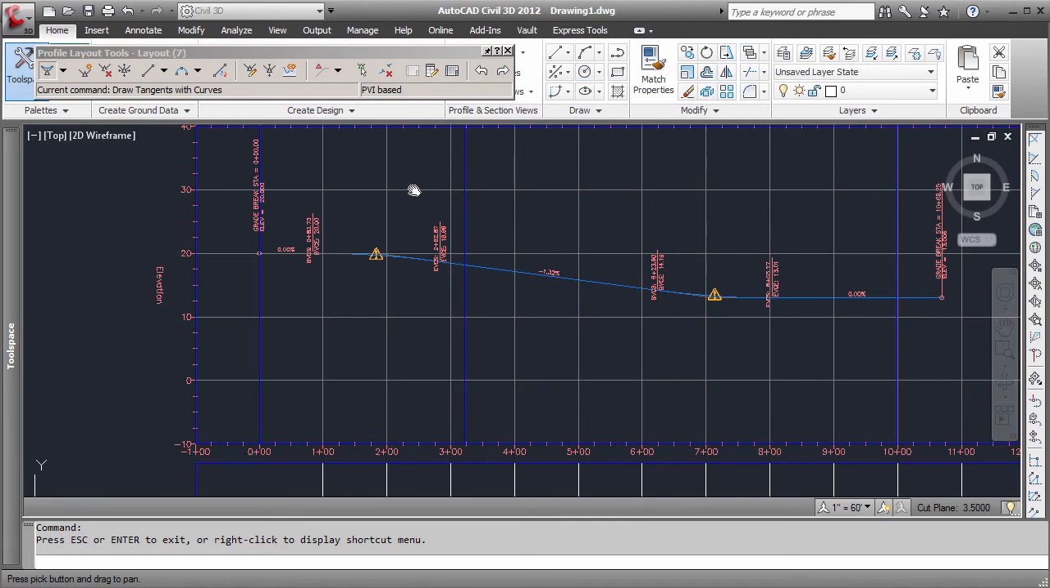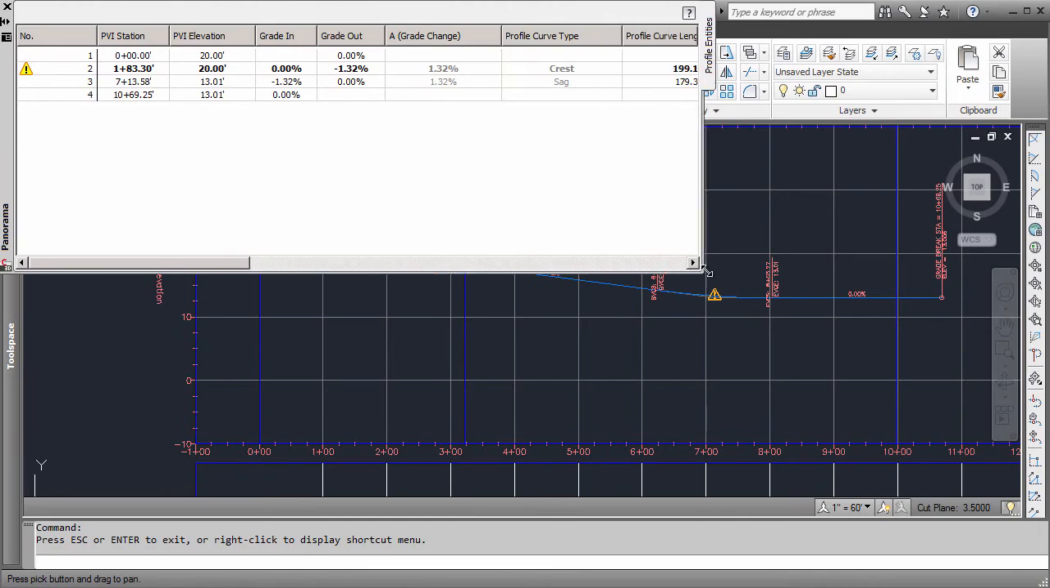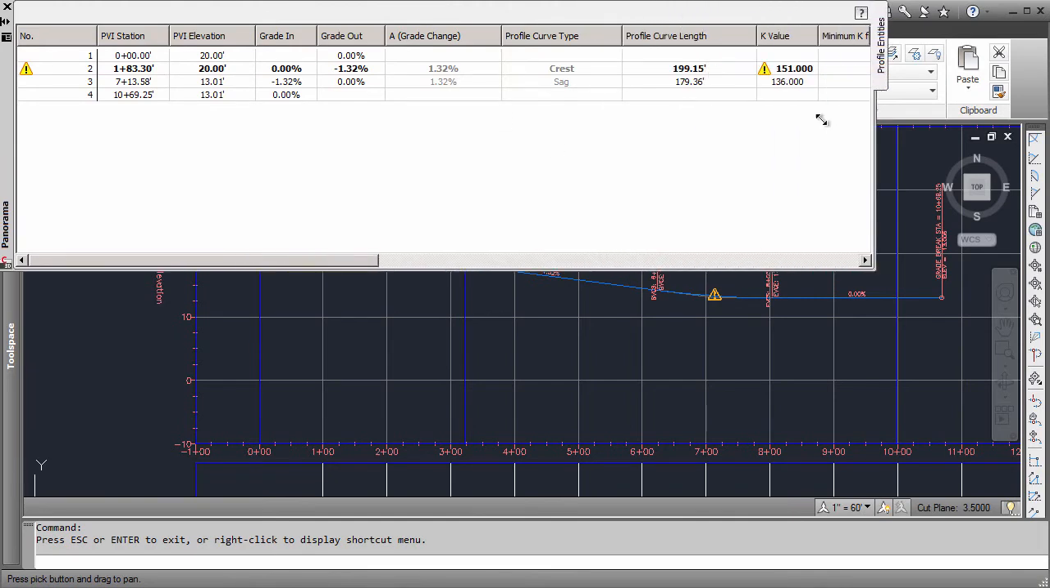And what we'll do from there is come in under the profile layout tools. We'll come into this section here, and again, like last time with the horizontal curves, we can see what the K value is for each of these, and it'll show you what type of curve, a crest or a sag, that we're working with. And then you can change curve lengths in here, or you can go back out